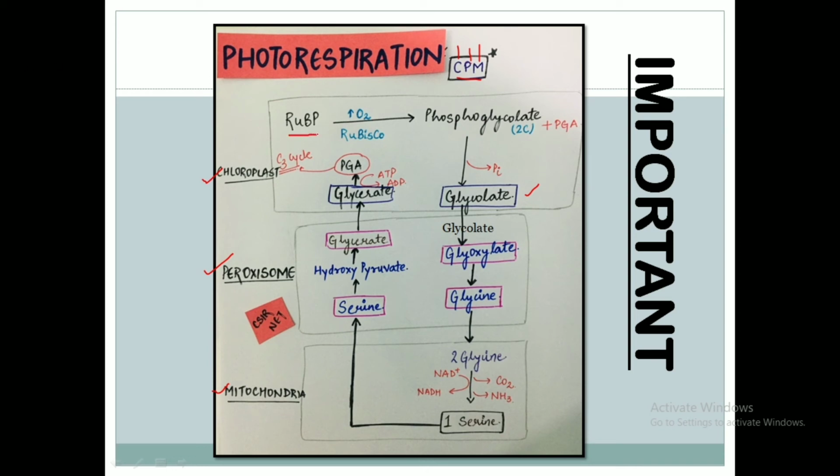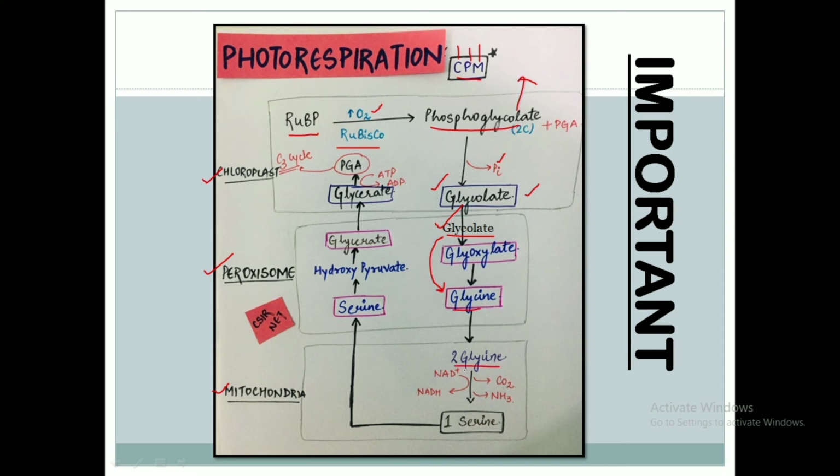It is RuBP, that is ribulose 1,5-bisphosphate, in the presence of high oxygen, with Rubisco working as an oxygenase, that gets converted into phosphoglycolate, which is the first stable compound of photorespiration. This phosphoglycolate, by the removal of a phosphate, gets converted into glycolate, and this glycolate is transported from the chloroplast to the peroxisome. After reaching the peroxisome, glycolate gets converted into glycine via subsequent steps, and this glycine,